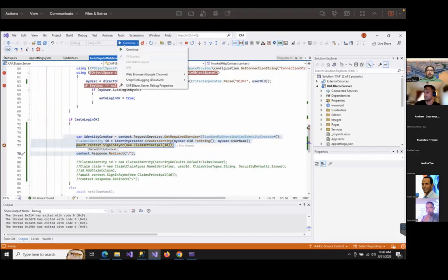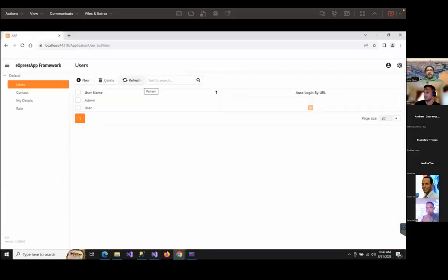So then let's run here. And there you go. You're able to log in by URL. The parameters can be as complex as you want, or you can actually interact with other systems, like query other systems to know, okay, this user can log in or not. So, well, that was everything for